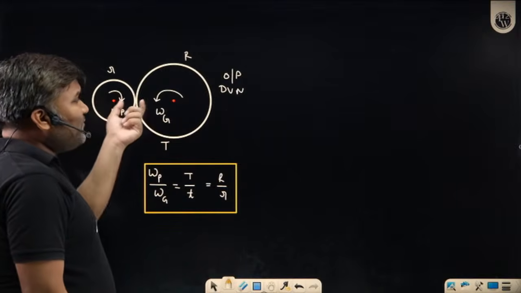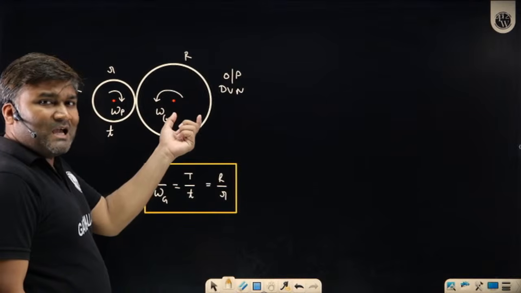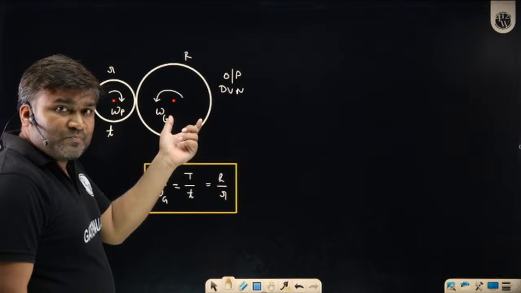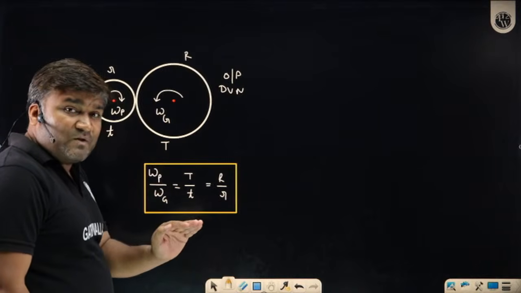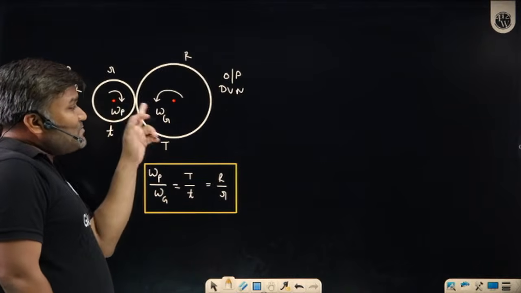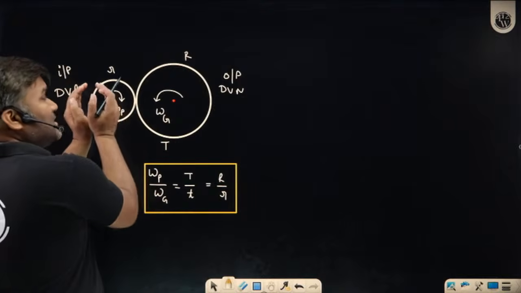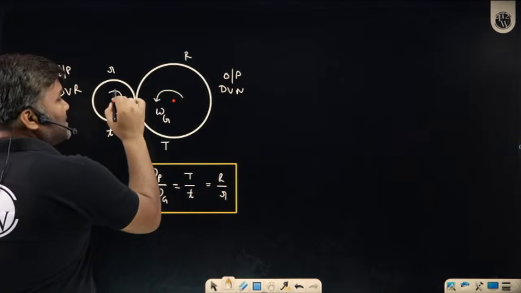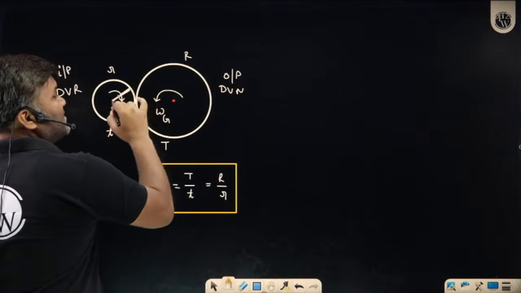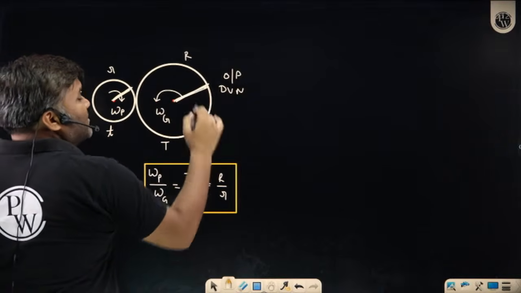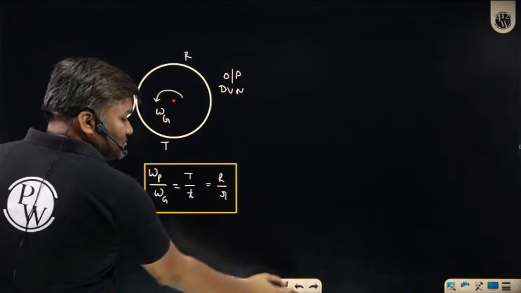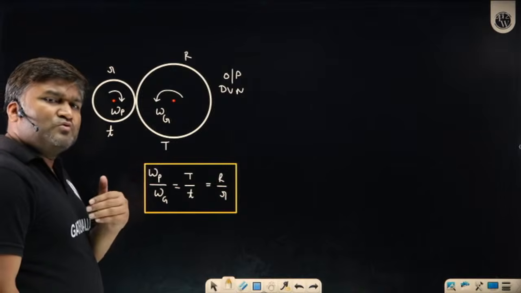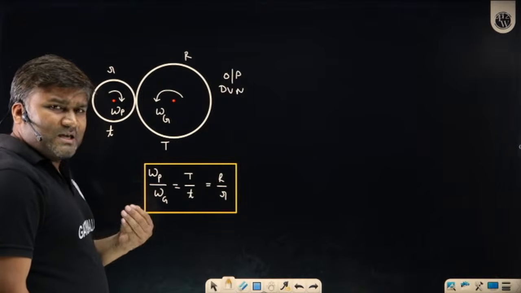So if I want to reduce speed to the half, 100 rpm se I want to have 50, so half reduction will be there if size mein difference is of the double. This size is smaller, this is of the double size. If its radius is 10 centimeter, so its radius must be 20 centimeter. So by simply using these two bodies, I can very easily get gear ratio, or I can say